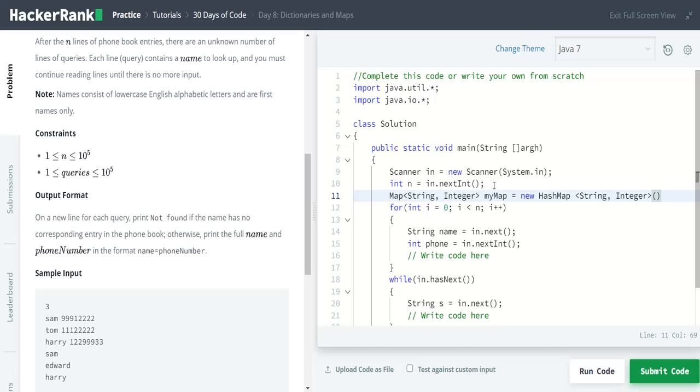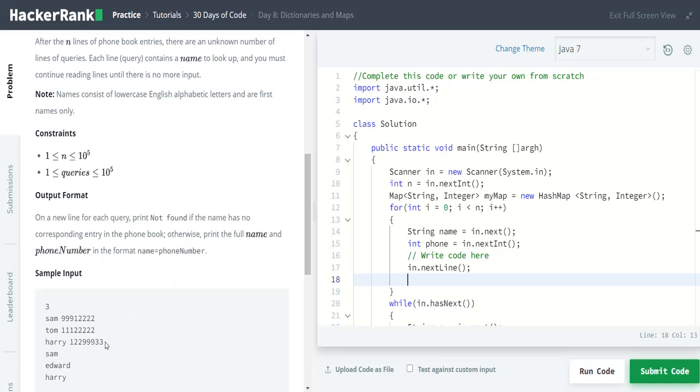So this is a function. Followed by this there is a loop, and name is already taken and phone number is also taken. So let us just make it complete. That is in dot next line. If we don't want to give the input directly in the console, we have to give the queries, right?